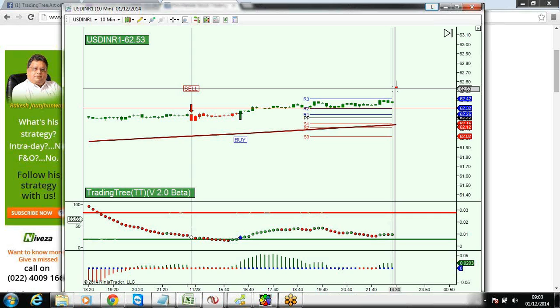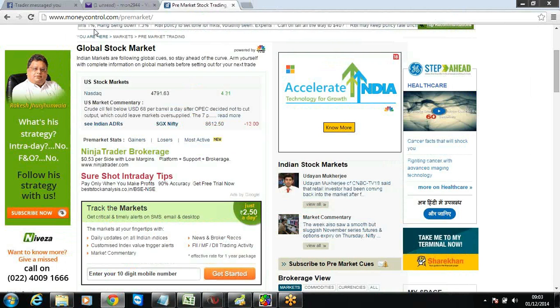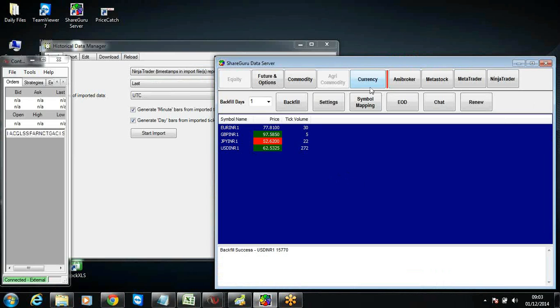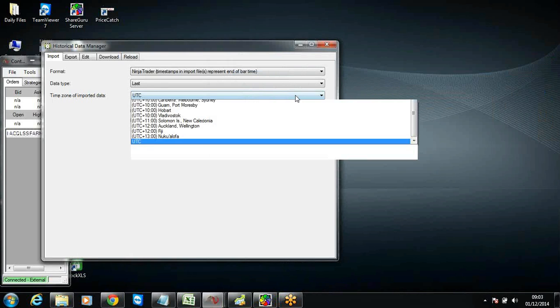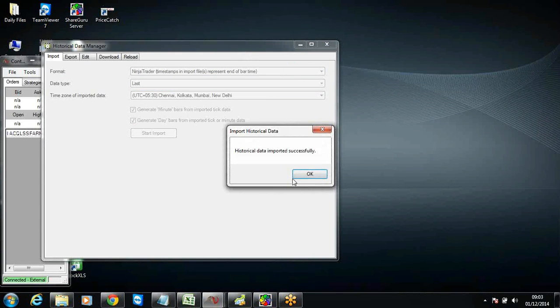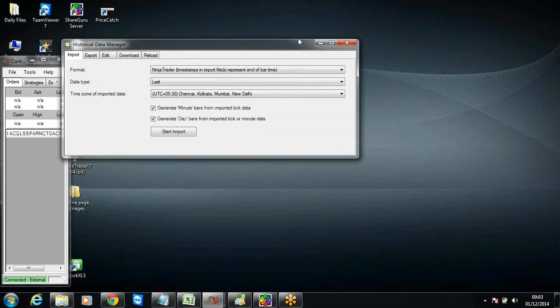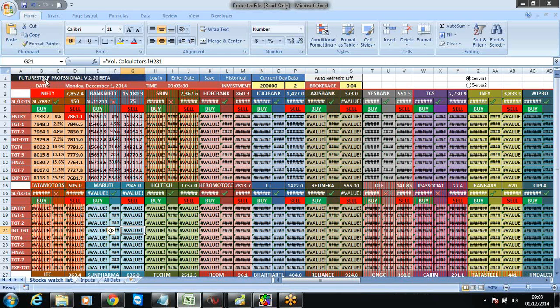We have the RBI policy that is being done. So we'll just wait and watch how the markets will open. So what I have shown you is the TradingTree software where you can trade on all the segments. Now what I'll do is I'll just minimize the NinjaTrader and come back to the other software, what we call it as the FuturesTree trading software. This is purely